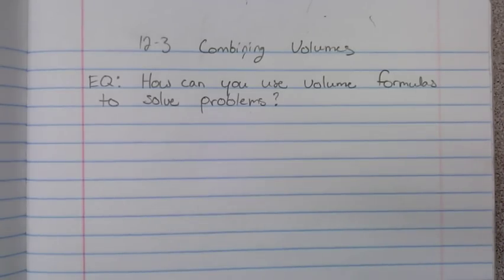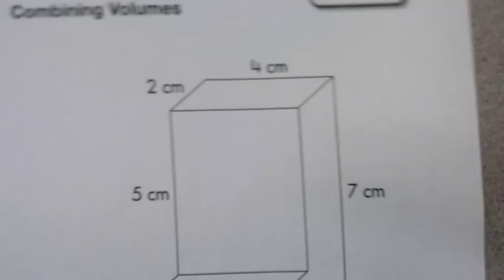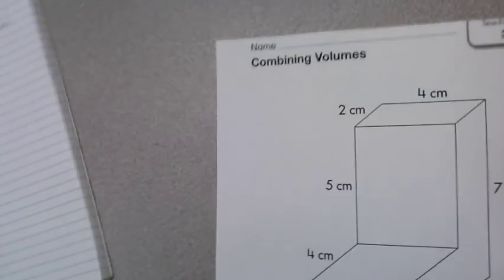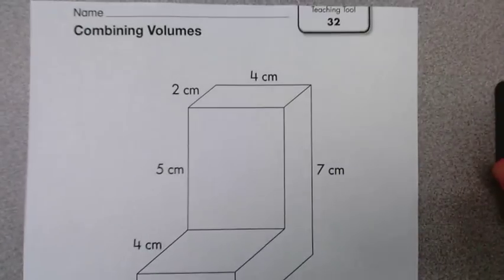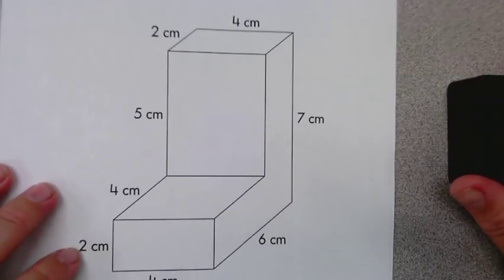Okay, so if you need to pause the video, go ahead and pause it. Once you're caught up with your essential question, then everybody's going to need a combining formulas paper. That's teaching tool number 32. Okay? And let's zoom out a bunch today. So what we're going to do